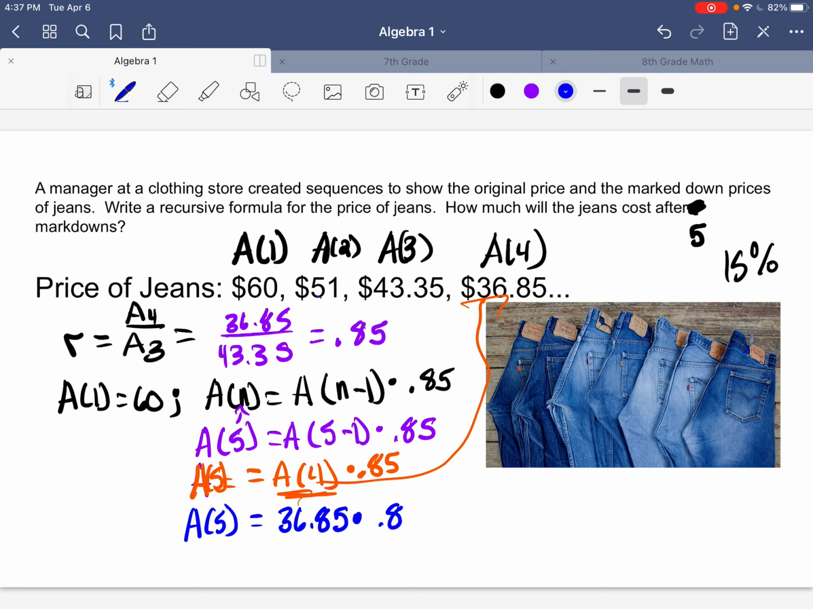times 0.85. So after 5 markdowns, the $60 pair of jeans is now worth, or we want to sell it for, and we're dealing with money, so it's 31.3225, and that rounds to